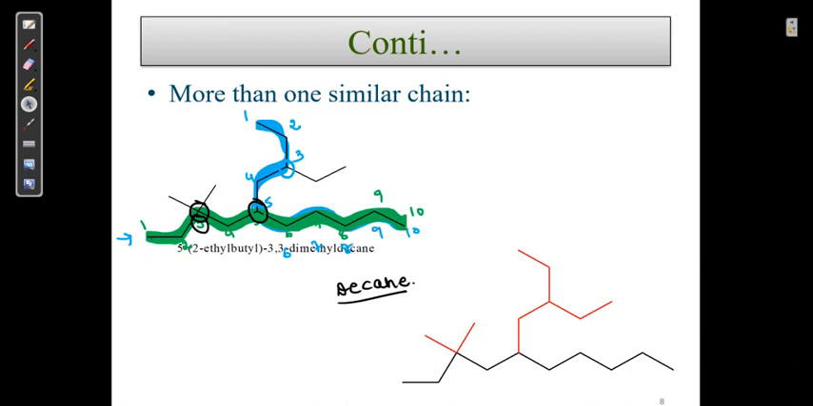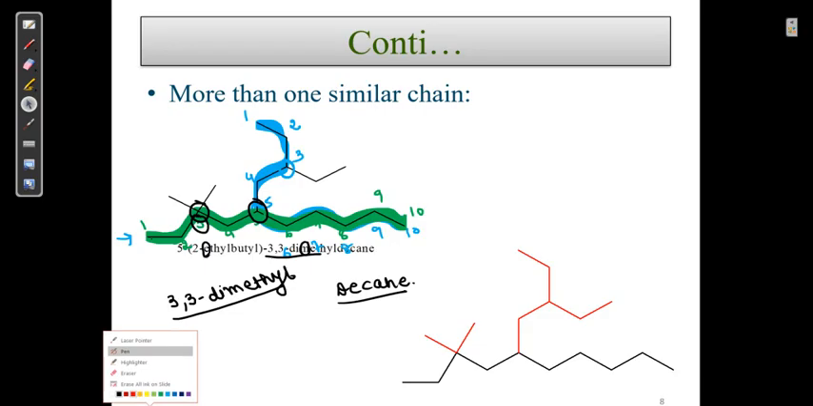Then this is 3,3-dimethyl. The ethyl is considered in alphabetical order, and M is considered in alphabetical order. So if you see here, then 3,3-dimethyl. And here among the branch, suppose at the 5th position, we have to give again number 1 dash, 2 dash, 3 dash and 4 dash. So if you see here, then 3-ethyl,